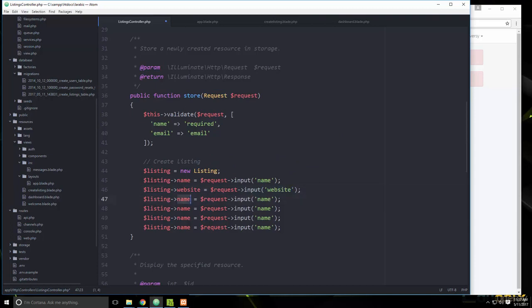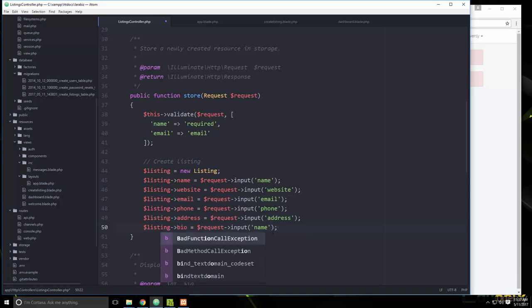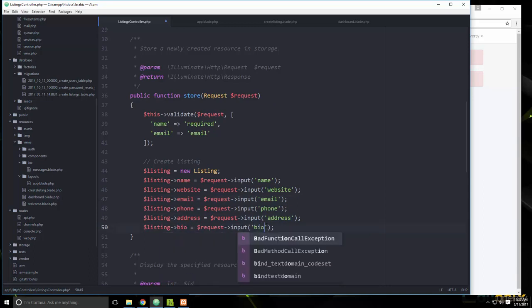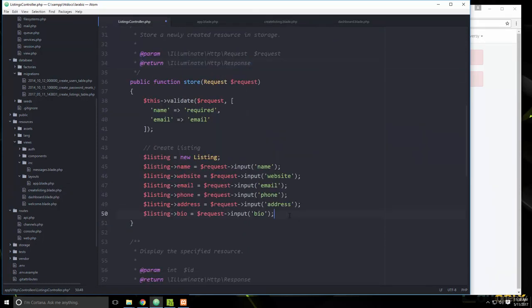Okay, then we'll have email, then phone, and what else? Address, and bio, which, did I put that on the form? Yeah, I did. Okay, so the last thing we want is the user ID,